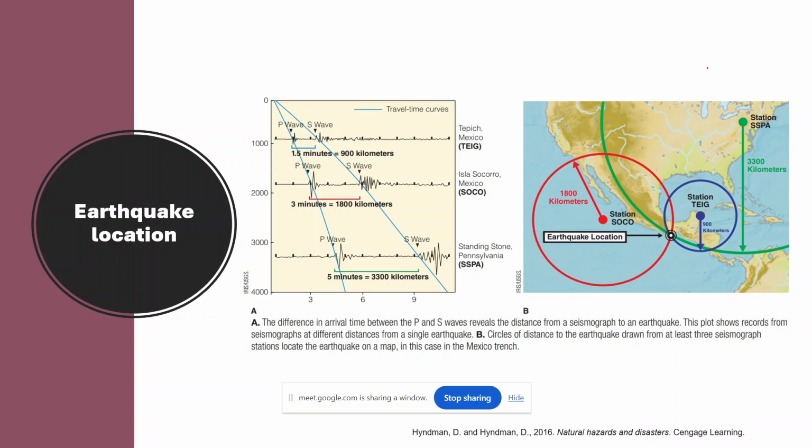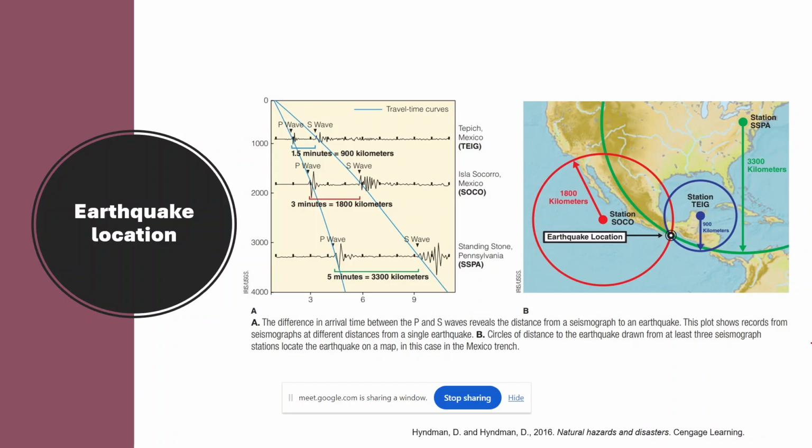But the basic thing is that there are different stations having seismographs. In this diagram, if you see this green, blue and red, there are three different stations. What they do is they first calculate the difference in the arrival time between the P and S waves. P is the primary wave which comes first, and S is the secondary wave which comes immediately after the primary wave. If you look at this, in Mexico, this TEIG, the SOCO and SSPA, so what they did is,